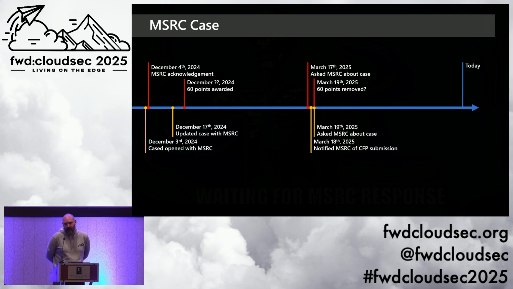And so I asked them about the point loss. I'm like, hey, just trying to figure out what's going on. And in particular, this was a thing that I thought was complex because this is an already disclosed vulnerability, but we feel like we have strong enough findings to open a case. We're not looking to necessarily dump on Microsoft here without talking to them first. So it was a very frustrating process because we're trying to work the system the way they want, and they're just sort of silent here.